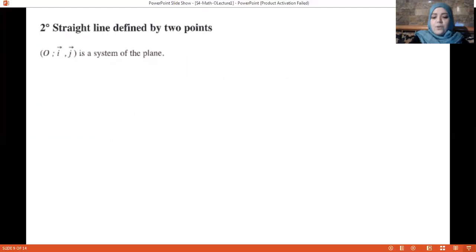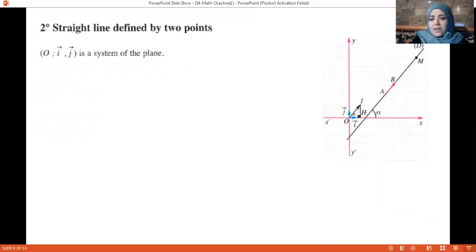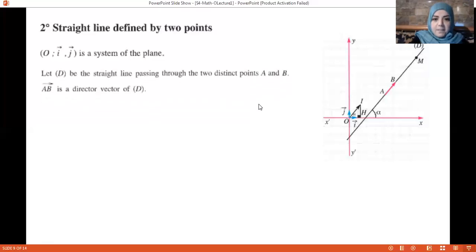So first of all, look at this figure. You have a straight line. This straight line has A and B that belong to it. Okay, that's great. What we should do is very easy. Also, you should create a point M on this straight line that I don't know its coordinates. So every time you have to create this point, or else you are not going to have X and Y